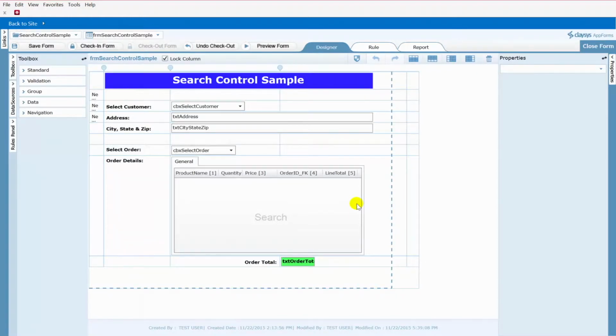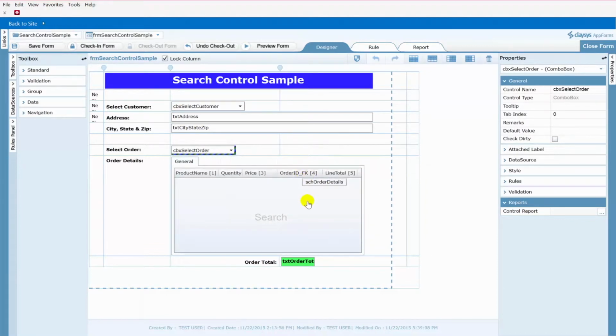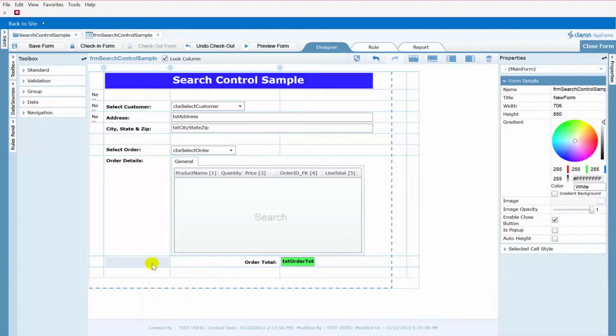And now here is my main form. As you can see, this form also is not very detailed. A few fields up here for the customer information, a drop-down box for the orders, and then the search control. So this is where the main functionality comes for this particular video that we really want to talk about today, is the search control. How does this get set up? So let's take a look at this from the beginning. What I mean by that is I'm going to add a couple of rows here just so that I can drop on another search control